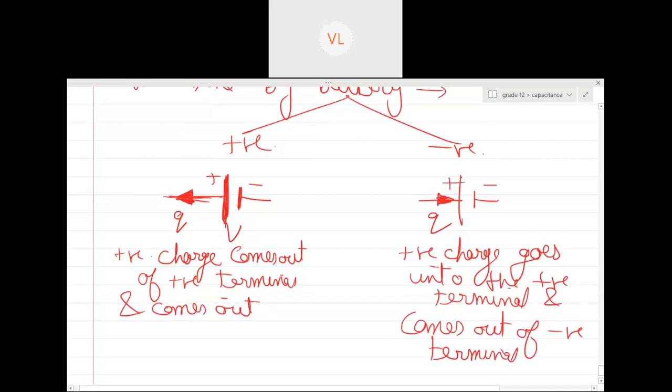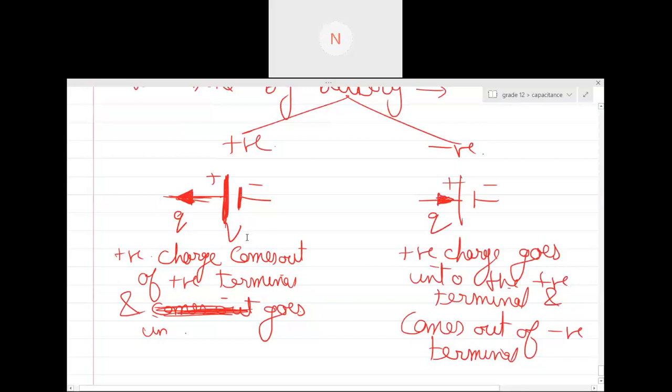Sir, can you explain the physical significance of the negative part? बेटा मेरे को एक बात बता कि जब तेरा पॉजिटिव चार्ज when it was flowing inside the battery, the electric field is from where to where? Outside the battery, we know. Outside the battery the electric field is in what direction? From positive to negative, right? But inside the battery it is always from negative to positive. So if the charge is coming out of the negative, can you see the force is trying to push it this way?